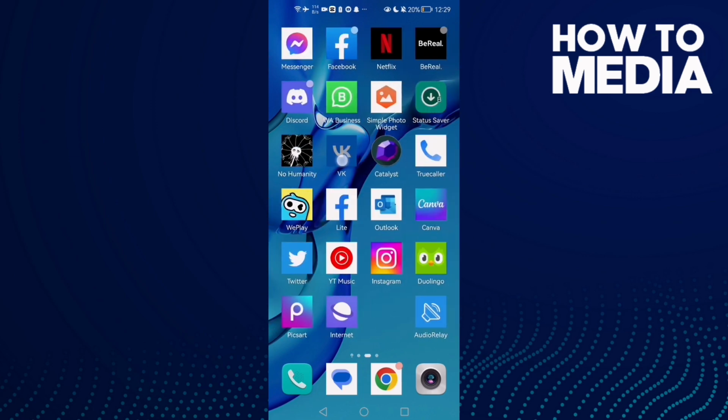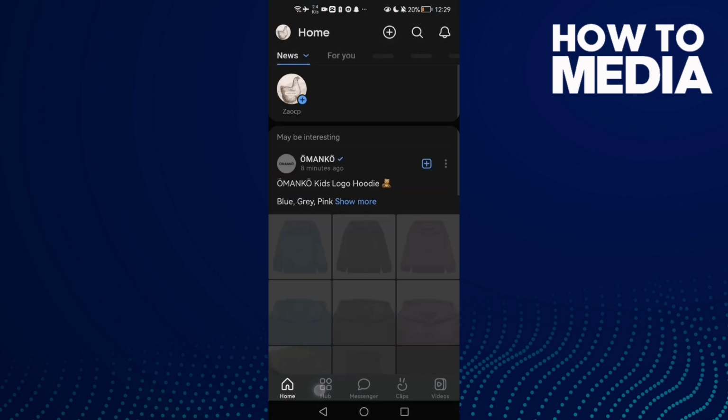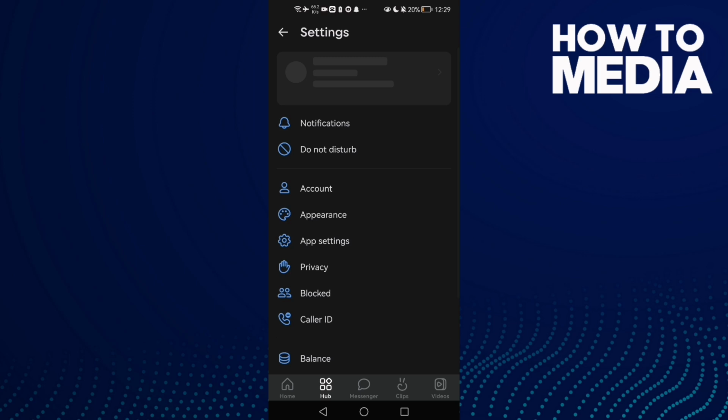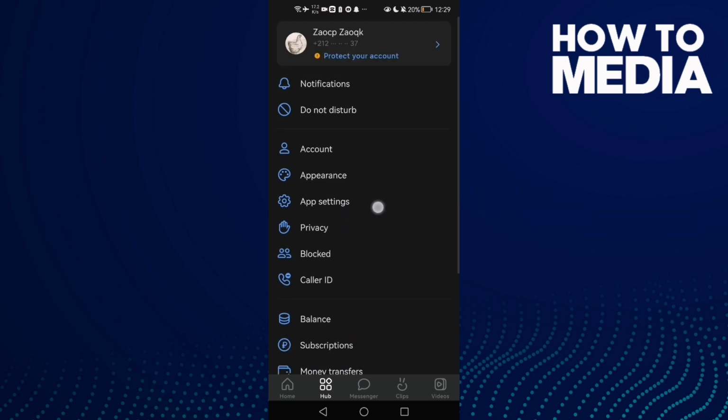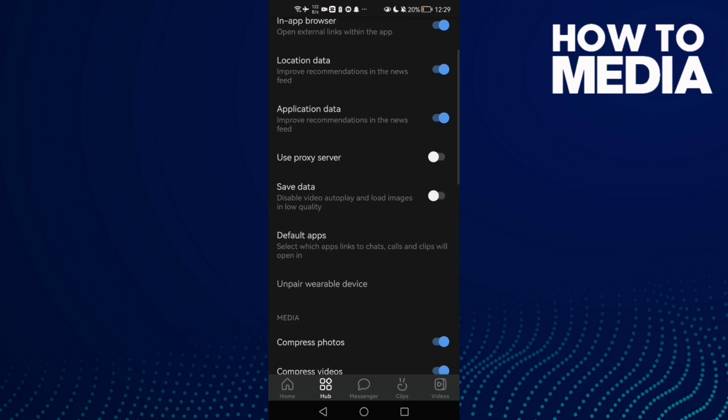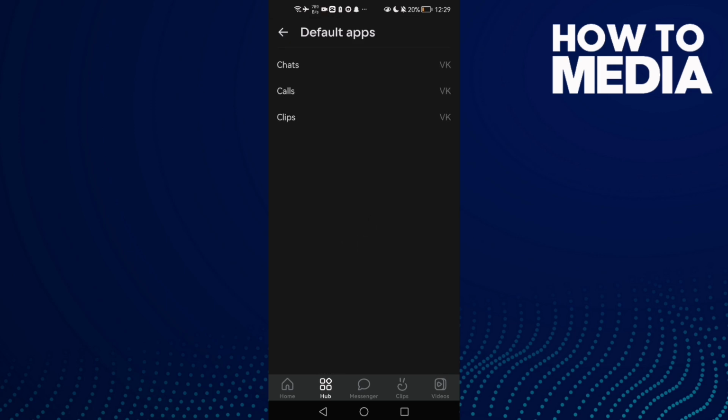First open VK and then click hub and click these three lines here, then click settings. After that click app settings, and here you will find this one, default apps. Click on it, and now you can manage default apps here: chats, calls and clips. Just select anything you want to change and change it,